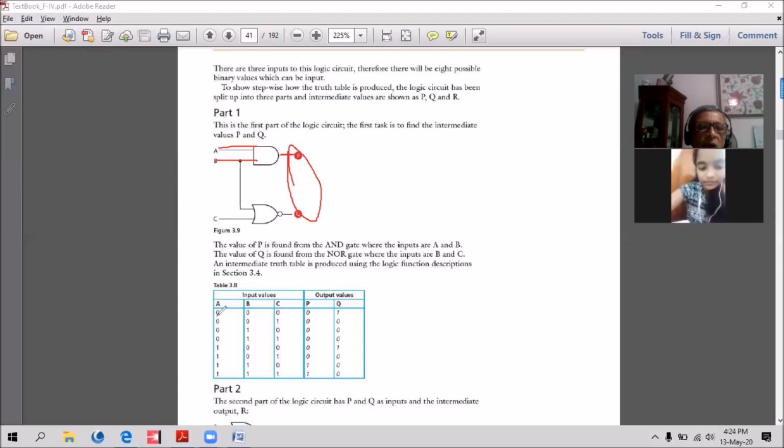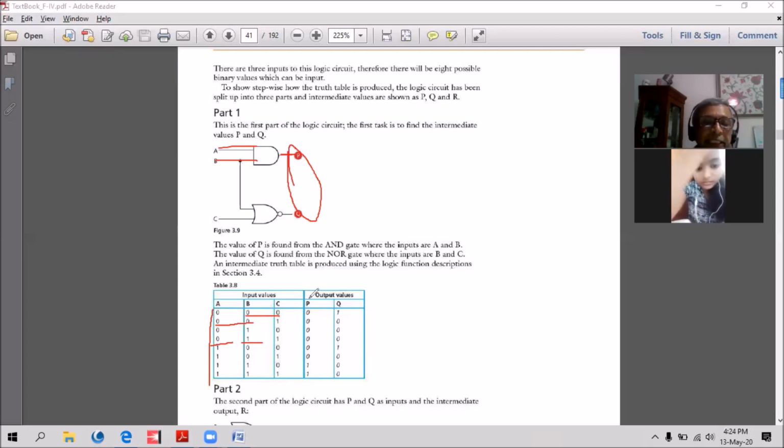So A, B, and C, when we do, what are the rules? We arrived at 8 rows, then half of it zeros. Other half, four ones. Then same way, half of that is 0, and then 1, and 1. Then half of that. Finally 0, 1, 0, 1, 0, 1, 0, 1.